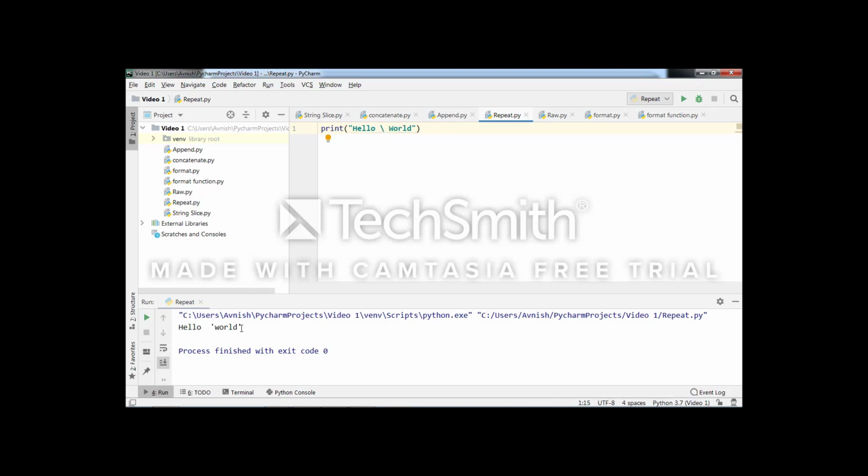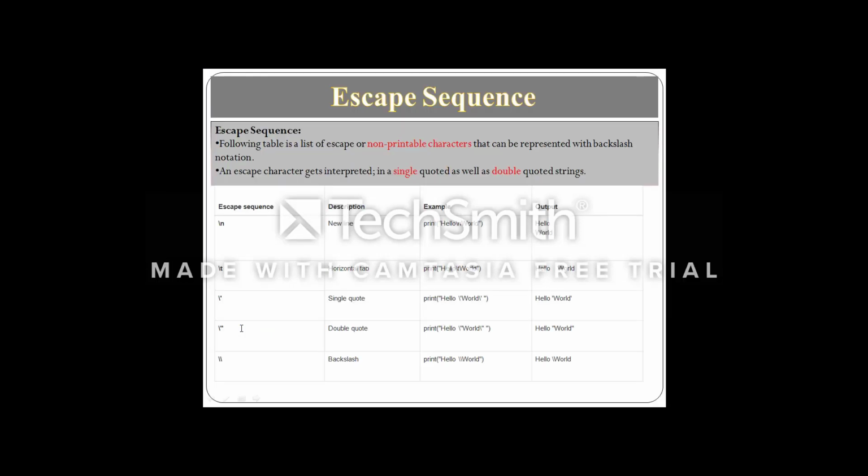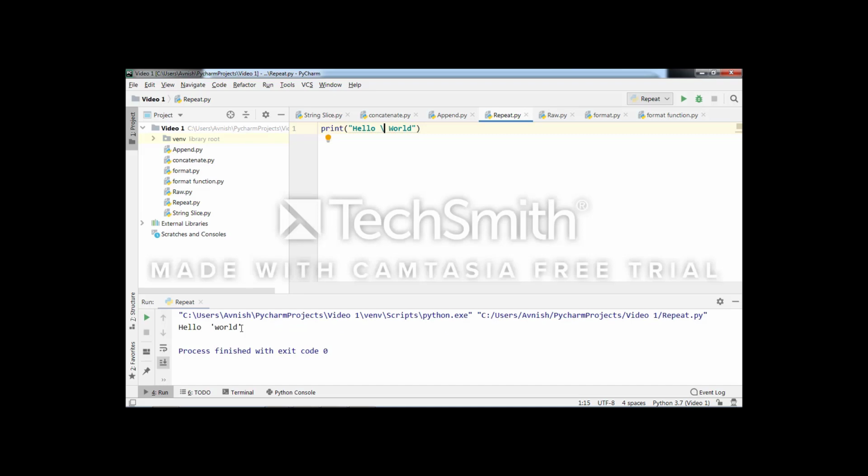In the same way you can use other escape sequences also. Now we will see the next escape sequence, the single quote. Suppose I want to print double quote or single quote around this word.